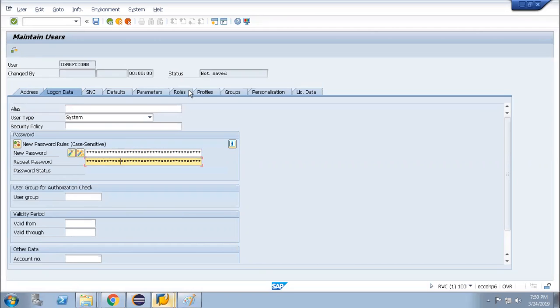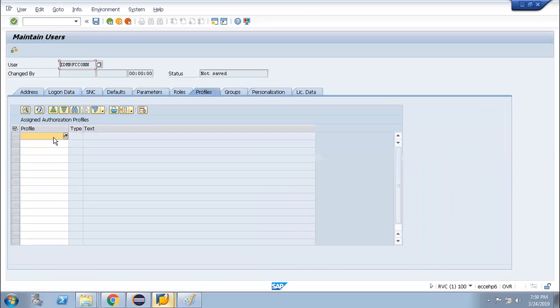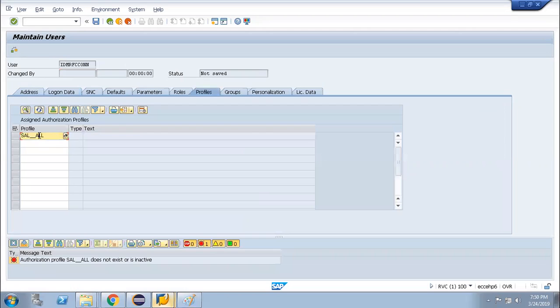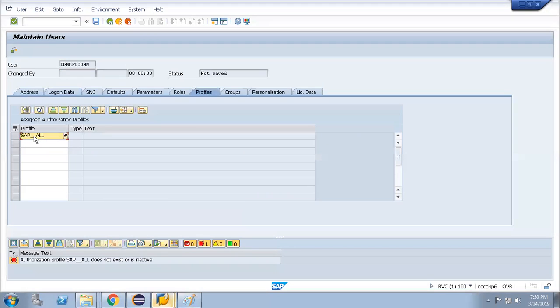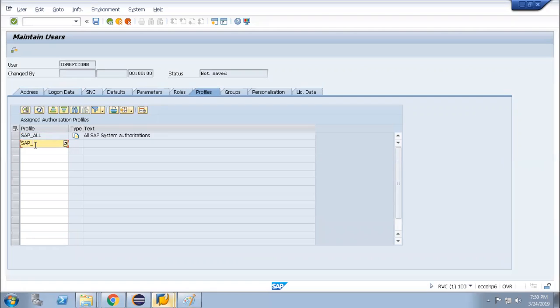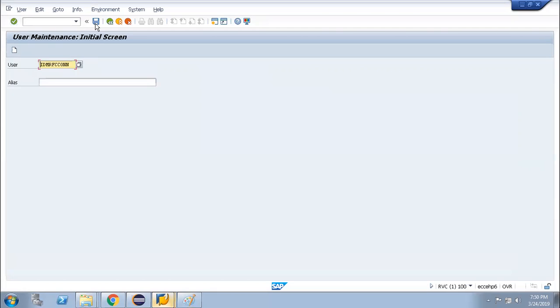Okay, roles: usually this ID should have broad access. That's it. No, you put too many underscores. Okay, this ID is created.